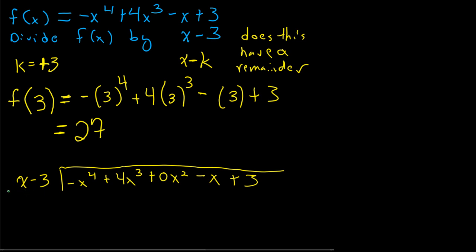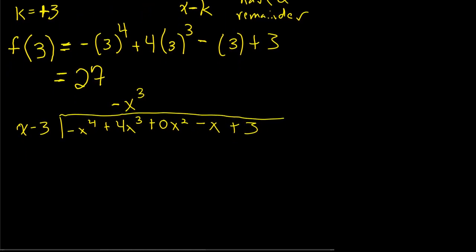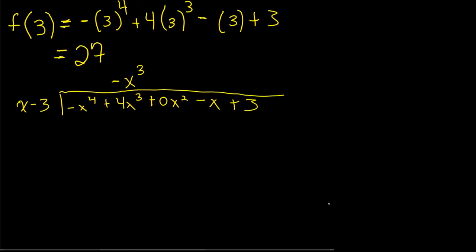All right, so my leading term, I need a negative x cubed. I'm going to do this one a little quick because I want to talk a little bit more about the remainder theorem. So negative x cubed times positive x is negative x fourth